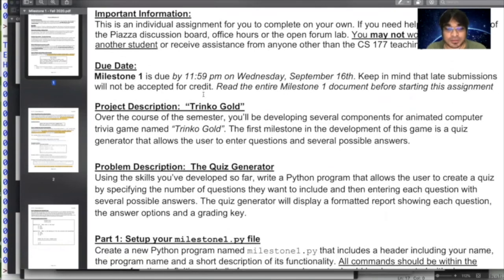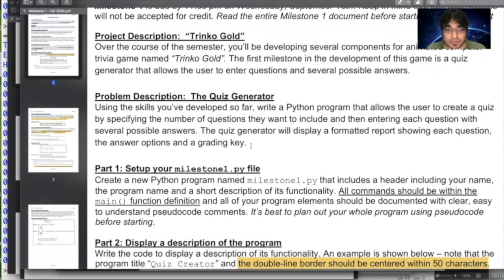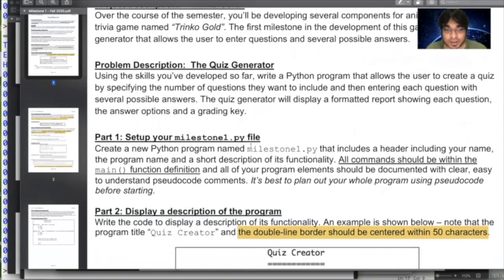Okay? And for this specific milestone, or this specific sub part of the game, what you are going to make is what we are calling the quiz generator. So in this part, it's simpler to go by parts.